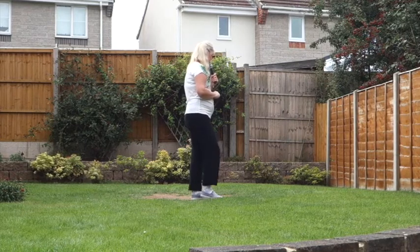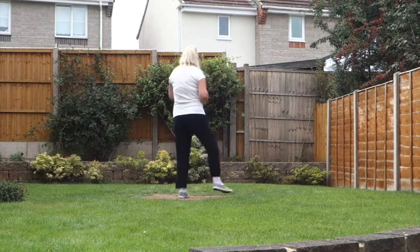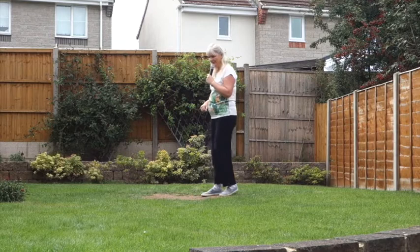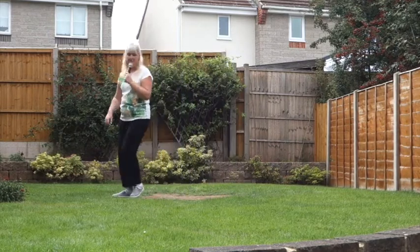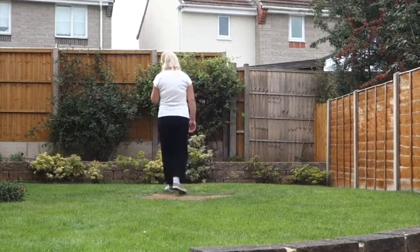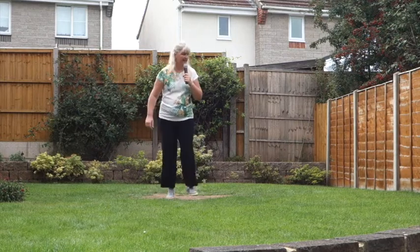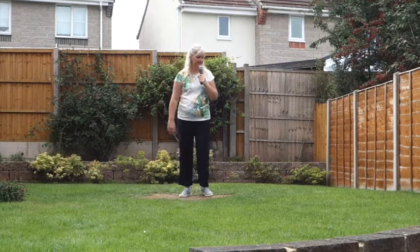7, 8, bounce, kick behind, side, cross, point, turn, point, close, point, cross, back, turn, step, twist, back, strut, coaster, step, hitch, step, side, twist, step, touch, turn, touch, step, touch, turn, touch, step, lock, step, lock, step, pivot, bump, forward, back, step, lock, step, scuff, out, in, slap, clap, flick, bounce, kick behind, side, cross,